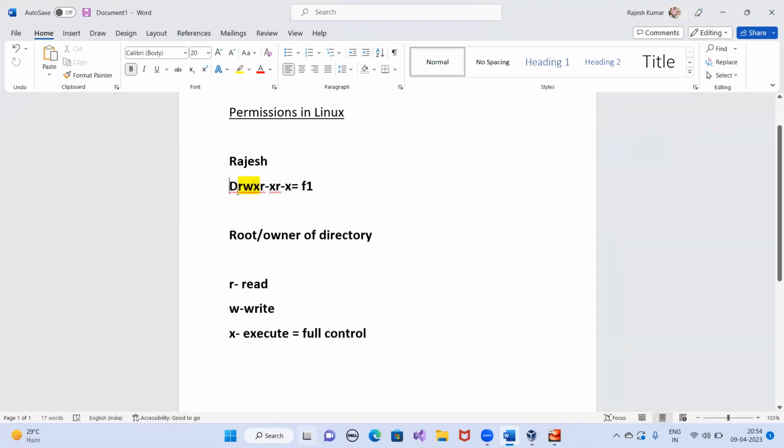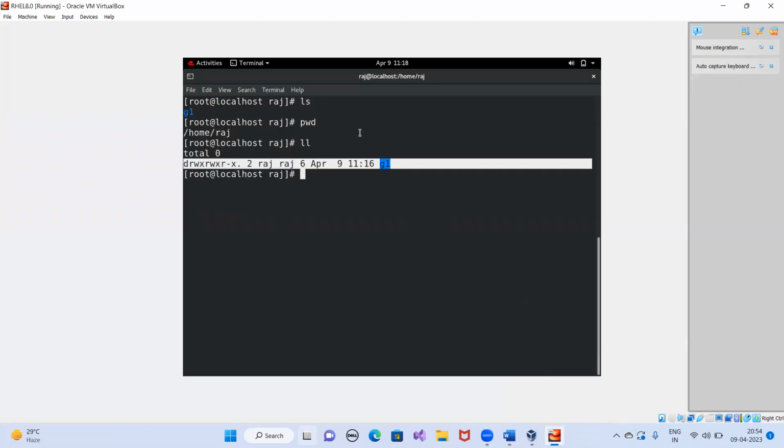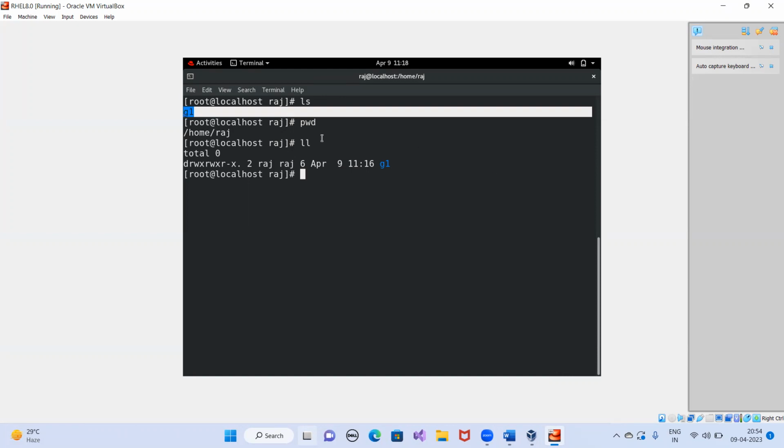D stands for directory, meaning this permission belongs to a particular folder. And what is the name of the folder? How can you verify? You can verify from here. At the end, you can see the name of your folder. So in this location, I have the G1 folder.